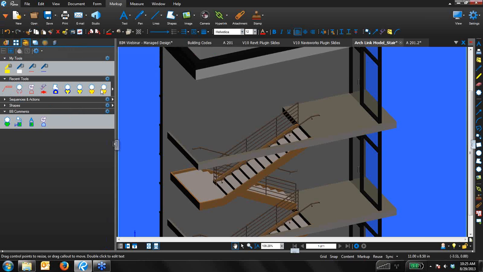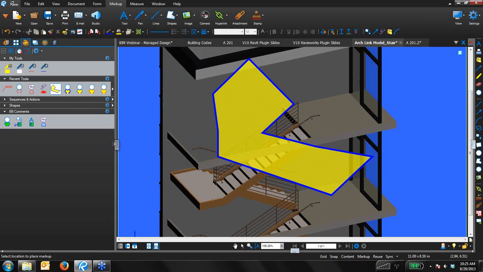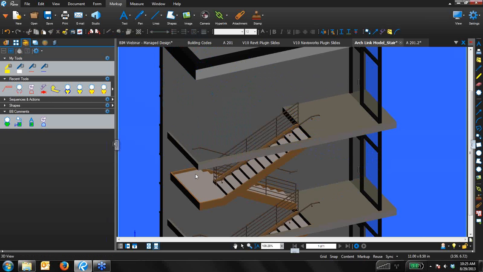And these are actually keeping track of every single markup that I placed in the software. So there is that kind of wonky looking markup I created earlier. If I want to use them on a regular basis, just drag and drop them to a particular tool chest. I created a Bluebeam Comments one right here. And I can go ahead and put a cloud around this, make it a lot easier to see, and say,